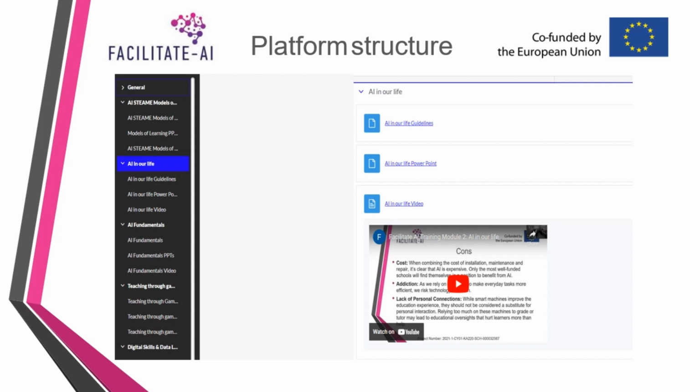On the left we have a navigation bar which helps us go through the different modules of the training. In the center of the screen we have the name of the module and the resources that it contains. This module contains guidelines, a PowerPoint presentation, and a video.